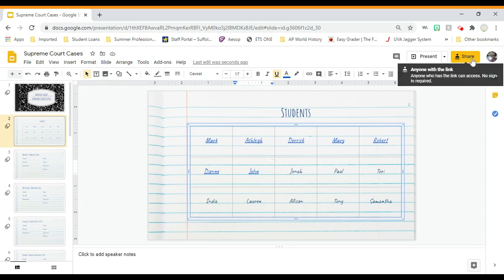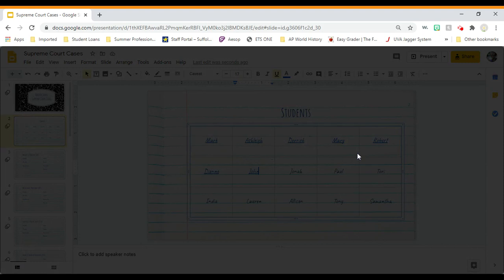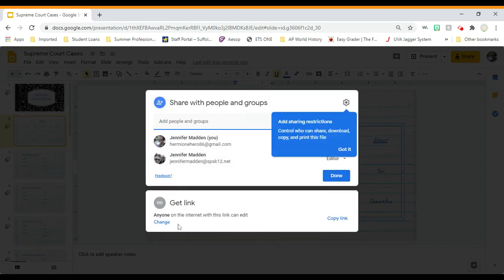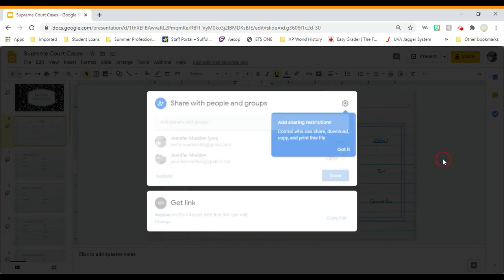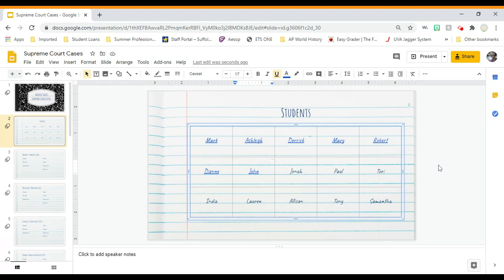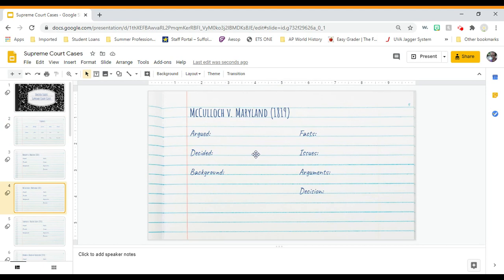Once I've done this, I'll go to share. I'll make sure that my link is there, or I can add my students individually here. If I do get the link, I'll copy the link and add it to Google Classroom. So this way, once I have assigned this particular set of slides to my students, they'll come back to the Google Slides page, they'll find their name, they'll click, and they'll understand that this is the slide that they're working on,